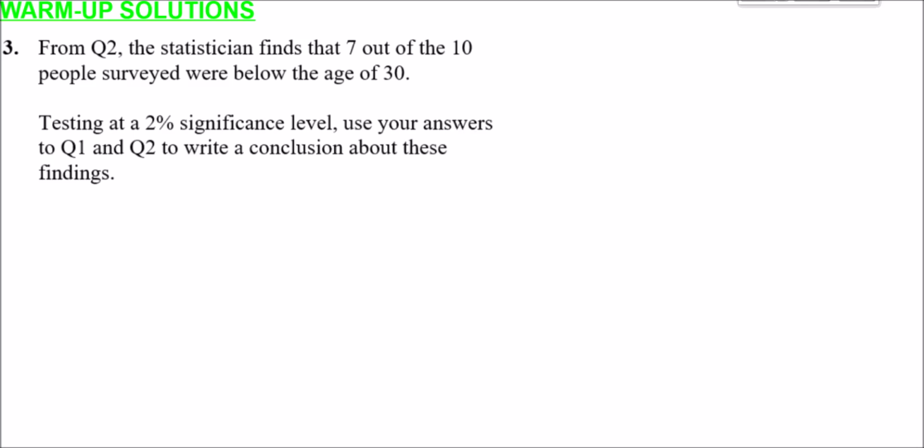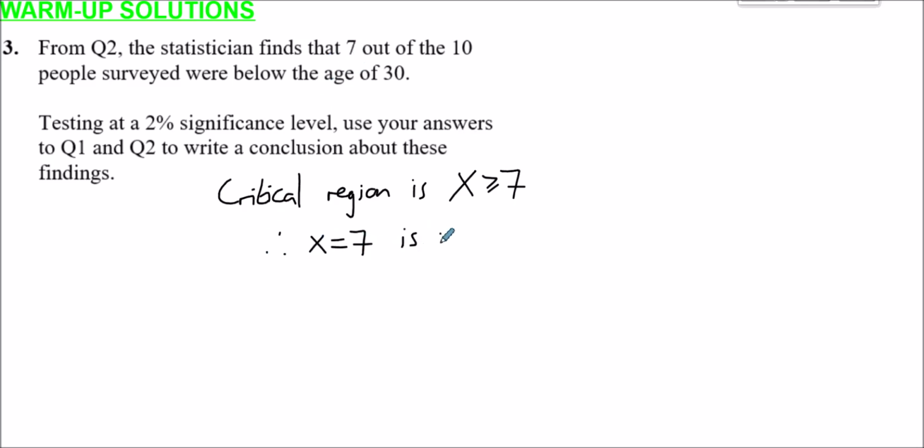Well, from question 1, we saw that the critical region was x being greater than or equal to 7. So therefore, if this test statistic comes out as being equal to 7, that's in the critical region. And anything in the critical region forces us to reject H0. So therefore, we reject H0,